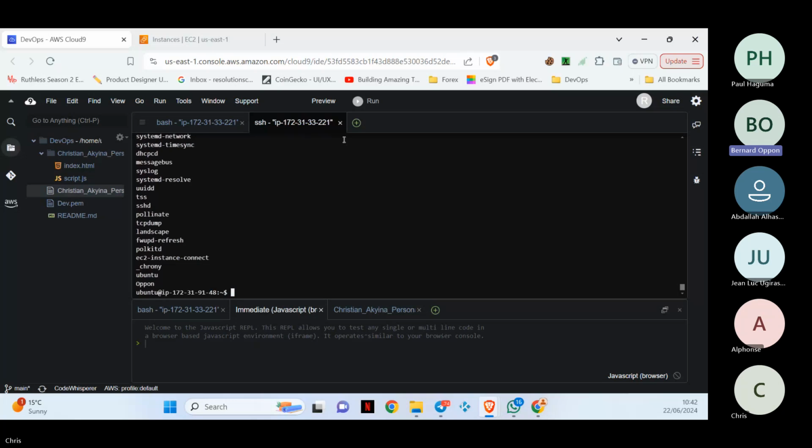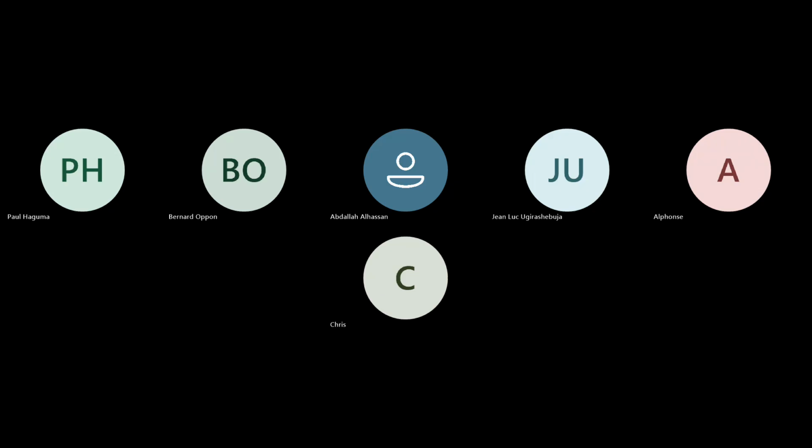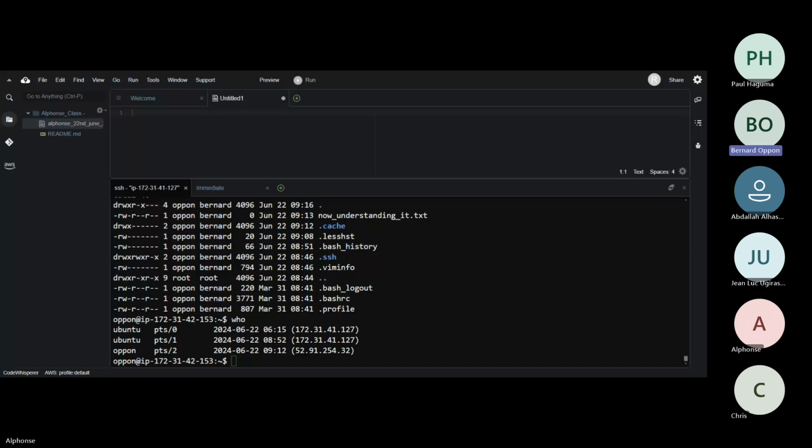Alphonse, can you share your screen? Is Alphonse with us? Alphonse is not... It's here. Shared. Okay, it's coming, it's coming. Now, nope, yes, we're here. Okay, so